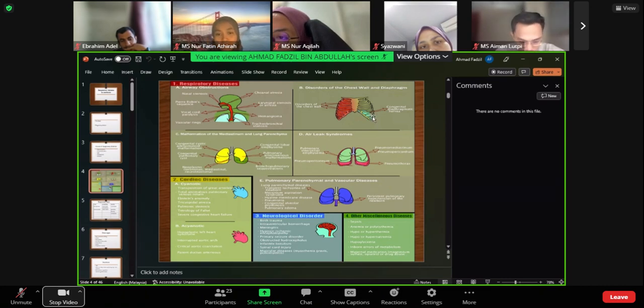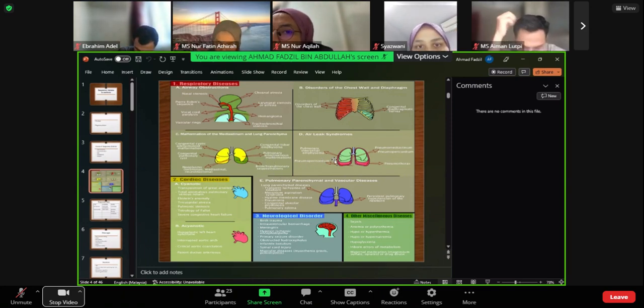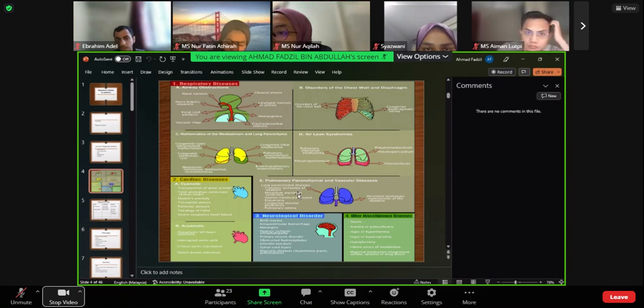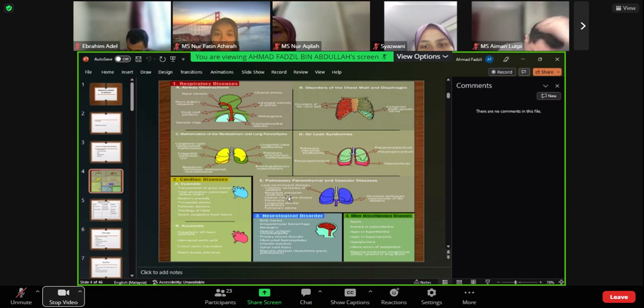I can't remember the name, Thanos something. A very abnormal shape. The other one is congenital diaphragmatic hernia. And then malformation of the mediastinal lung parenchyma, congenital cystic lesions, all very rare. And then air leak syndromes, pneumothorax, which we do see once in a while. And then lung parenchyma, this one is common: transient tachypnea of the newborn, meconium aspiration, then RDS, hyaline membrane disease, very common.